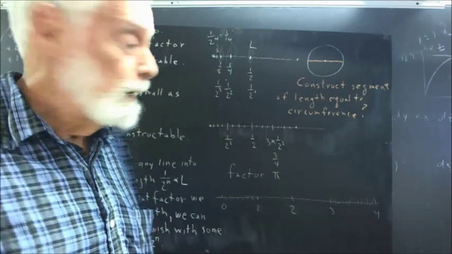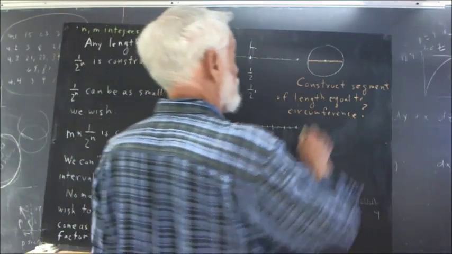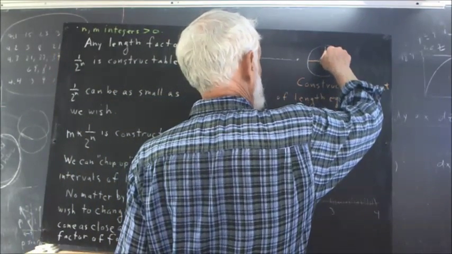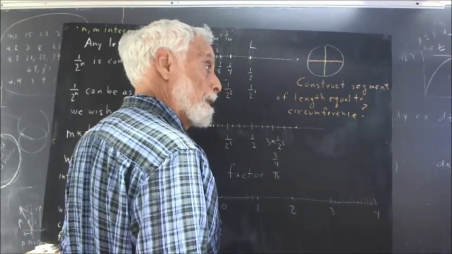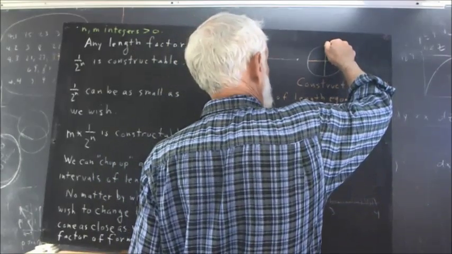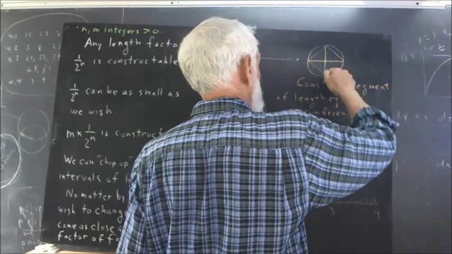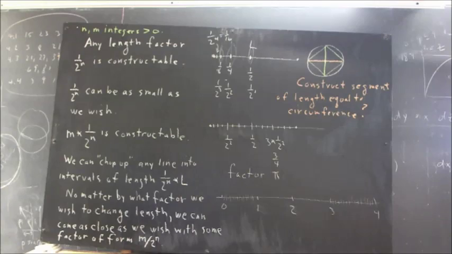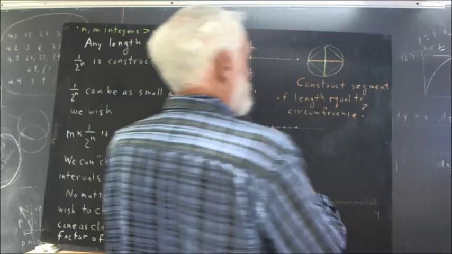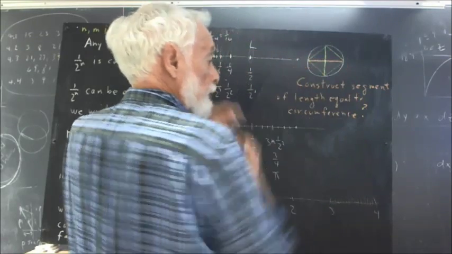Well, let's see what we could do to at least get close to pi. Okay, so first thing I'm going to do is construct the perpendicular bisector of this diameter, and then I'm going to take this length, this length, this length, and this length, and I'm going to add them together. Let's see, this compass won't quite stretch out that far, but I take this length and this length and this length and this length with my compass,